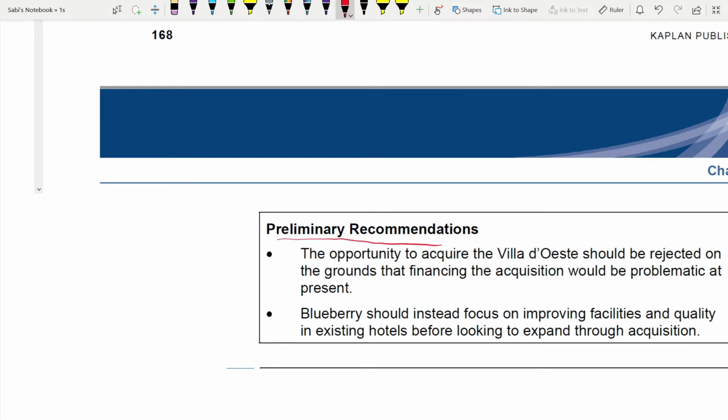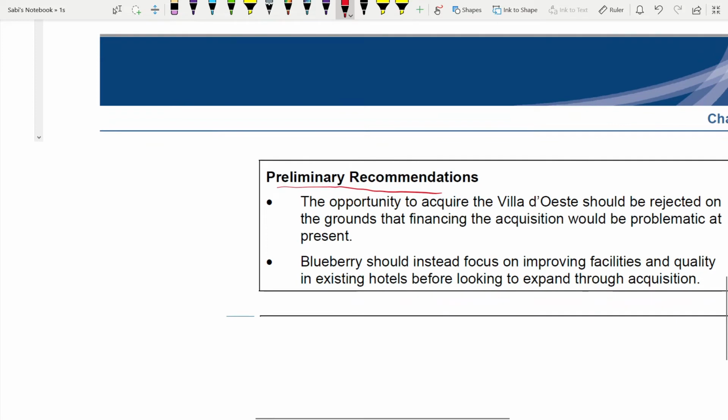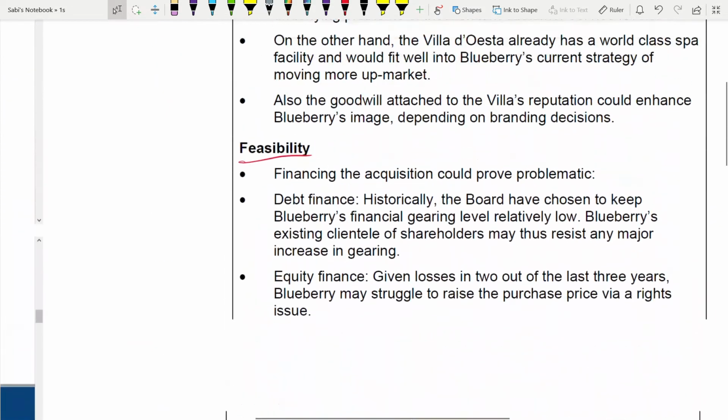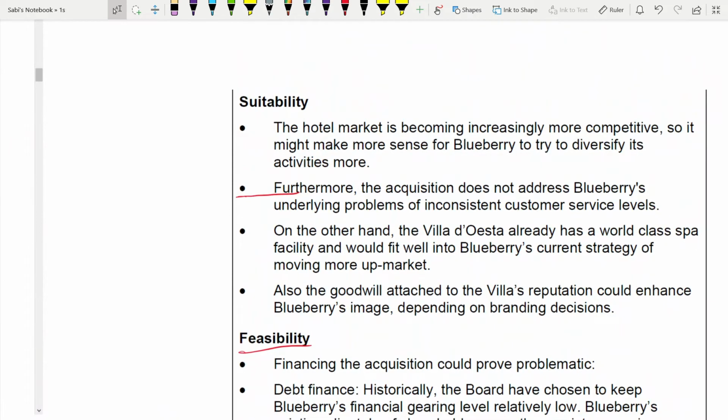It could be anything. You can write conclusion or recommendations or anything. Recommendations are usually at the end, and they will always not be written in so much detail. Okay, briefly, just 2 or 3 points. Now, first we are going to break down suitability. There are four answers for it because I can see them from different paragraphs.